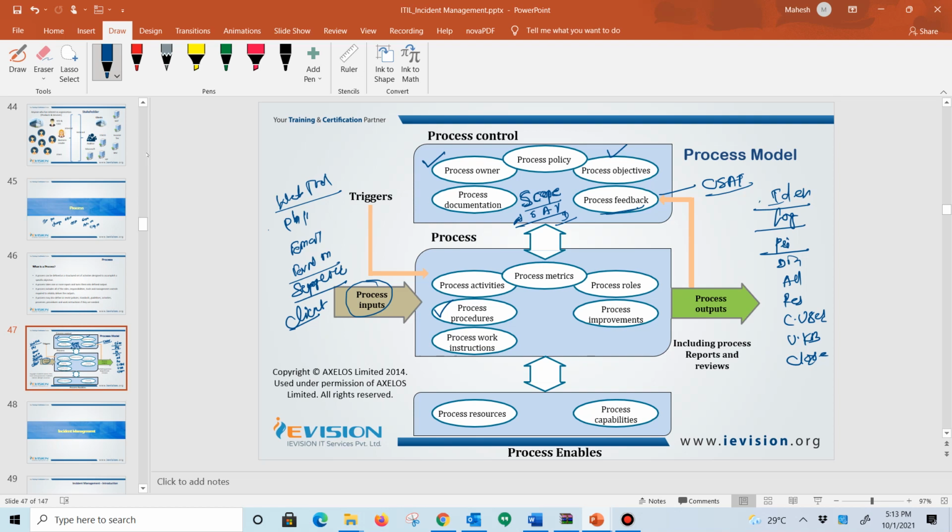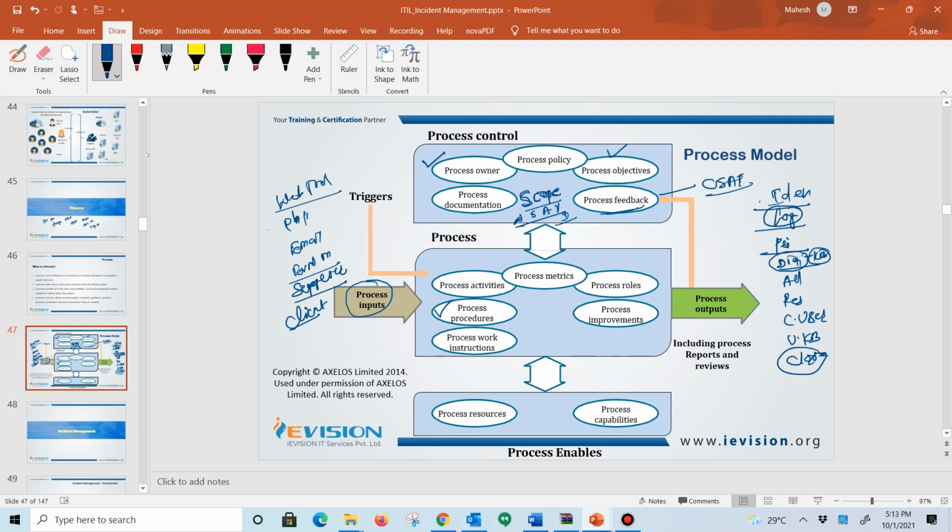Such as process activities: number of incidents logged, number of incidents closed, number of open incidents, number of incidents resolved with the knowledge base that you may be utilizing when you are probing users at the time of diagnosing, and you may be providing the resolution on the spot, where you may have quick fixes available, that is maybe based on the knowledge base, and there is a concept of known error database.